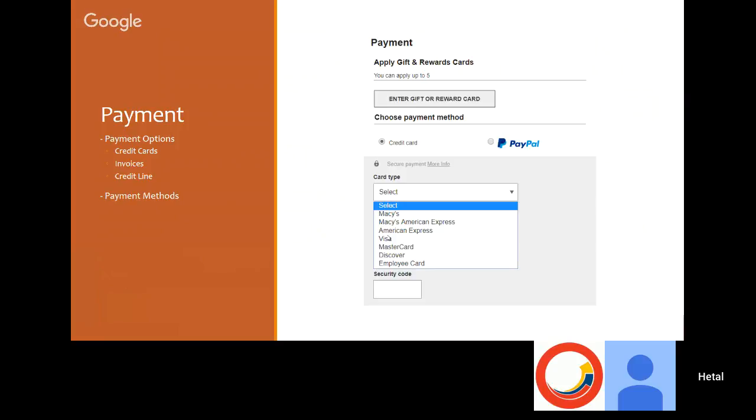And so these are the payment options: you want to pay with credit card, or you want to pay with invoices, or you want to pay with credit lines. And then there are payment methods. So for a credit line, the one I'm very much aware of is PayPal. I know that some businesses actually offer their own credit line. I don't remember any names off the top of my tongue, but